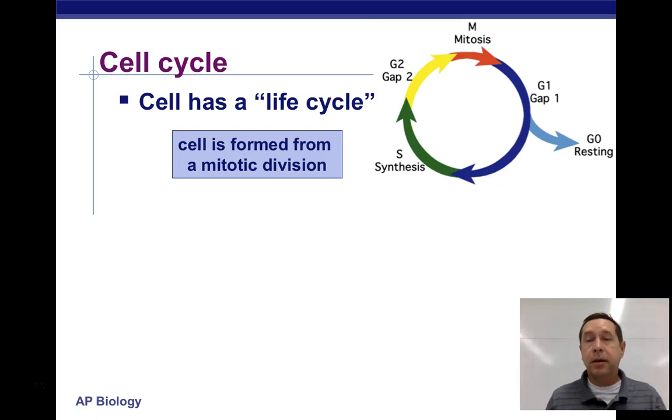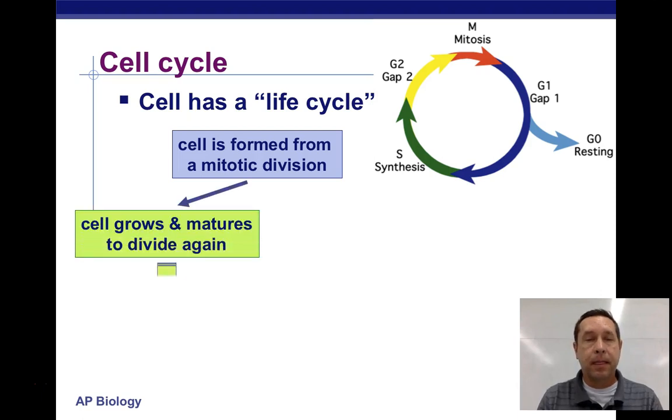All right, in this video, we're going to talk a little bit about the cell cycle. So basically, the cell cycle is kind of like the life cycle of the cell. Once the cell is formed, obviously all cells come from division of other cells through mitosis. It's going to grow, it's going to mature, it's going to divide again. So the cell cycle is basically divided into 3 to 4 steps.